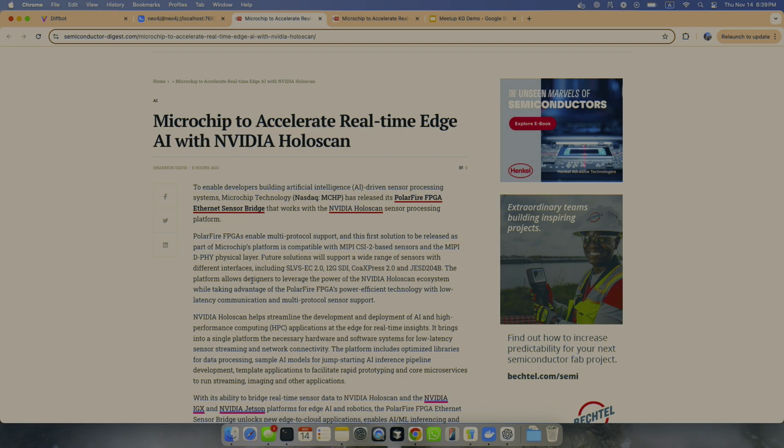No. Because Diffbot organizes information across the entire internet, we have information such as NVIDIA, competitors, suppliers, and our own. So there's already some data there. Yeah. Let me show you what it actually looks like.